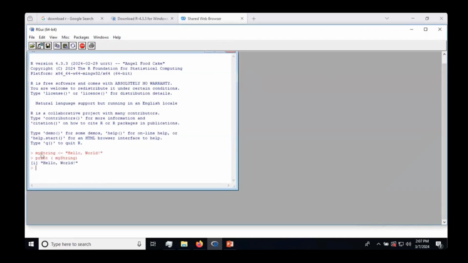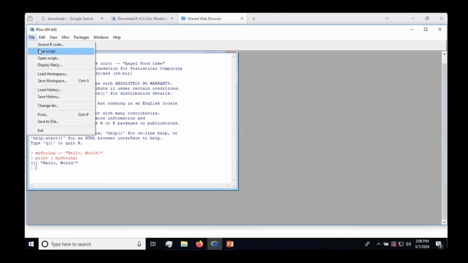If we paste this code, that is my string hello world, print my string. So this is a case sensitive language. Here in this case, my string is the variable which you have created with the help of this assignment operator, that is the leftward assignment operator, and written the characters which you want to print, that is hello world, and printed this my string. So the output you received is hello world. So that is how in the console itself you can write, or you can go ahead with the new script